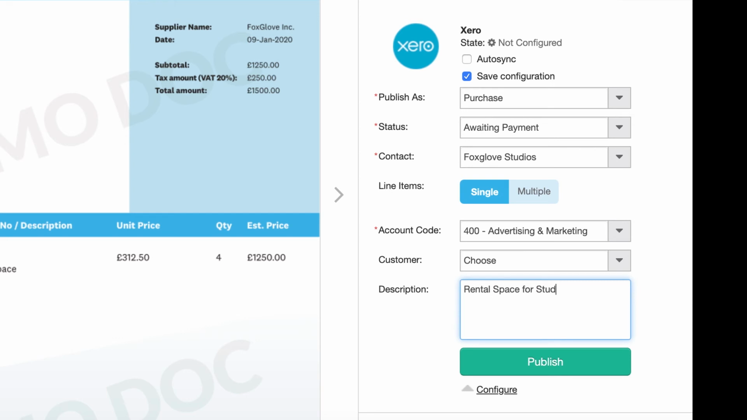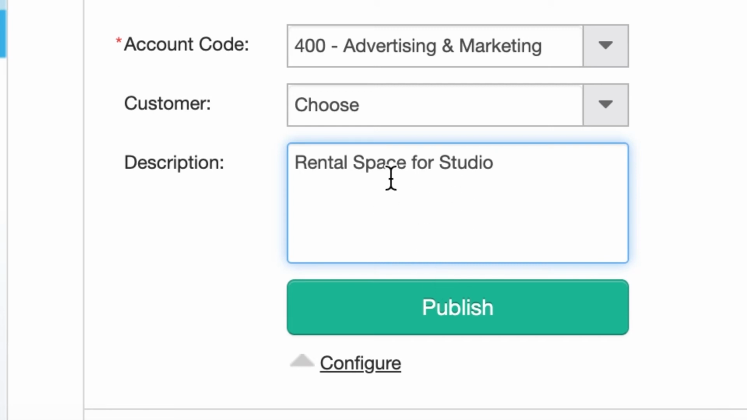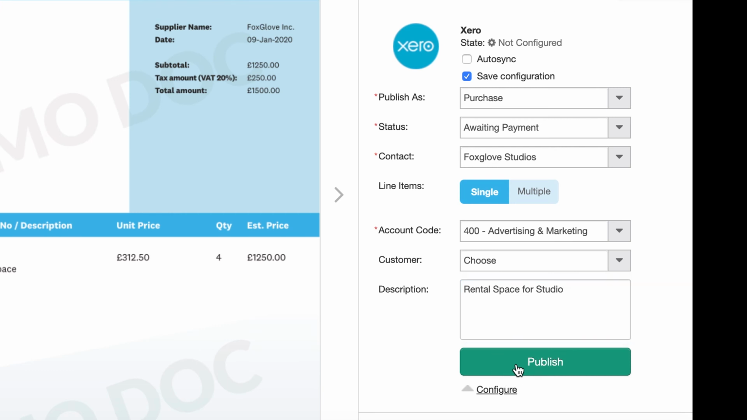for studio. Now bear in mind, if you enter anything in here now, what will happen is next time the invoice comes in, and if it's for a different description, it will retain this information. So what you want to do is just make sure that you check this information every time it comes in. So now I'm going to select publish,